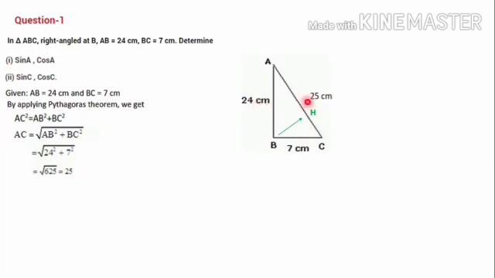Now all the three sides we have got in this triangle, so we can calculate any one of the six trigonometric ratios without any problem. So let's calculate the first value, that is recalling the formula, sin theta is equal to O by H and cos theta is equal to A by H. We need to calculate sin and cos values, so we have to write sin theta and cos theta formulas. Sin theta is equal to O by H, cos theta is equal to A by H.